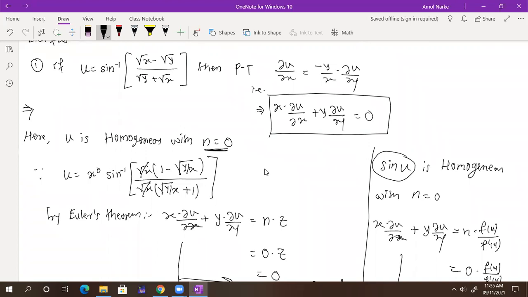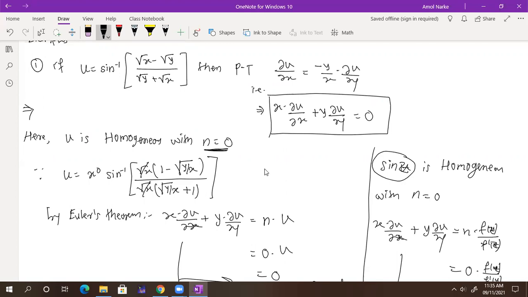So we have to write n into u. In the last equation, instead of z you can write u. That u function is there. Here sin z is there, so here also z. I'm playing with the variables.